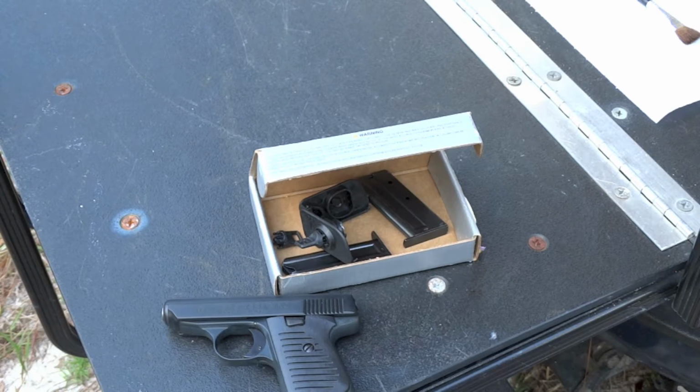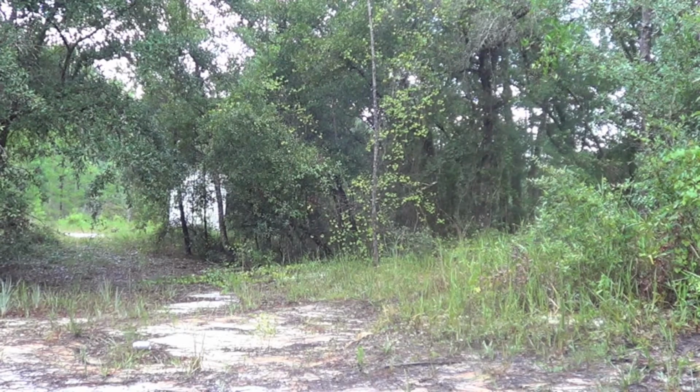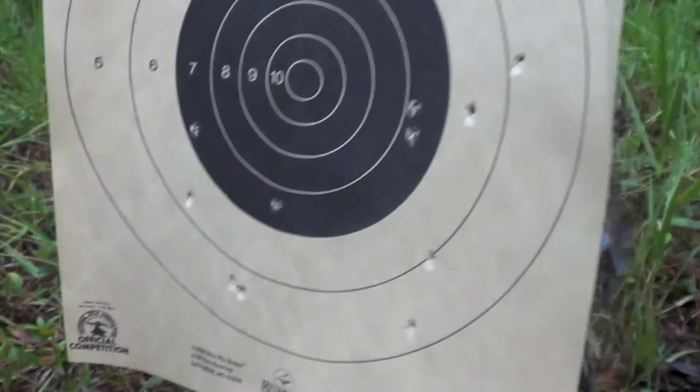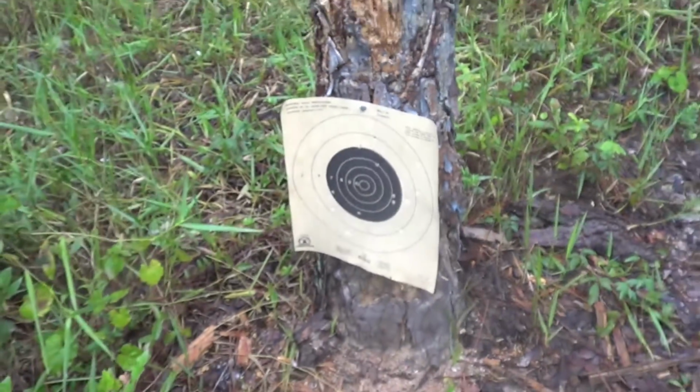As for accuracy, the gun is fairly accurate. Again, I hit the target 5 times out of 6. I was aiming for the bottom left. 1, 2, 3, 4, 5. I don't know where the 6th one went. It might have went somewhere else on this target. Again, it's a fairly small target, and I'm standing